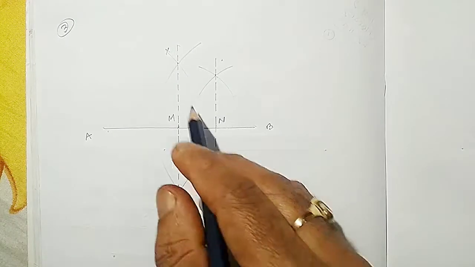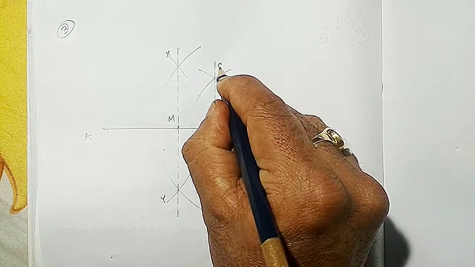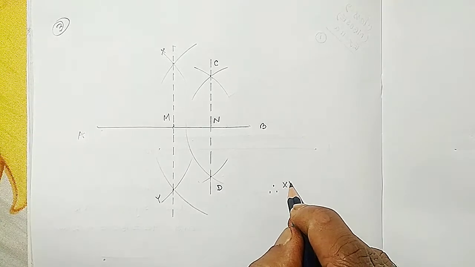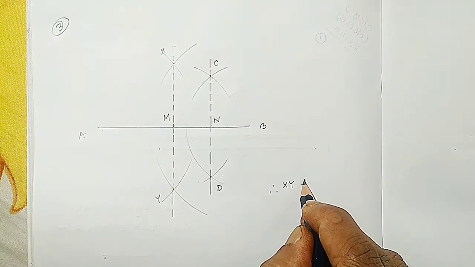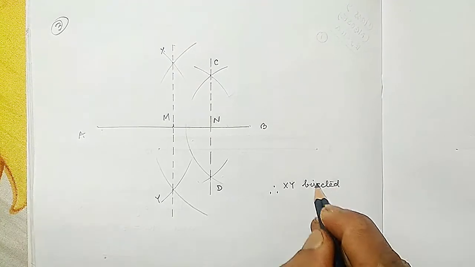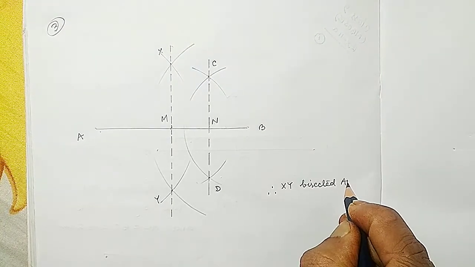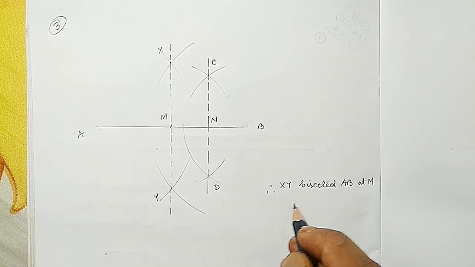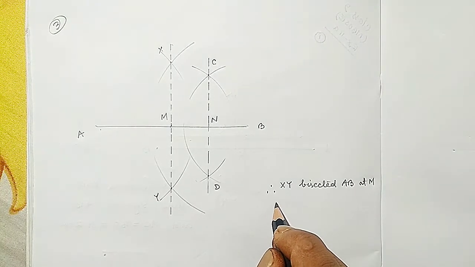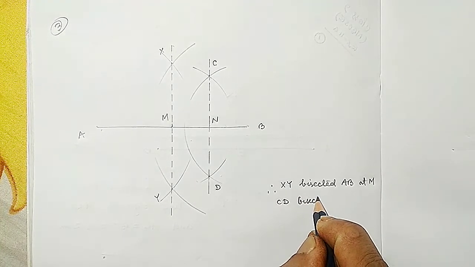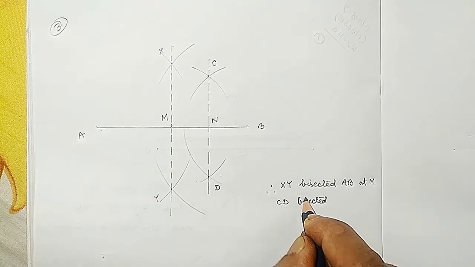We can name this one as X, Y, and suppose C and D. We can write XY bisected AB at M. Then we can write CD bisected MB